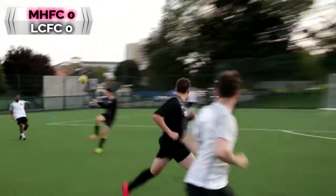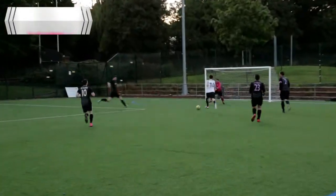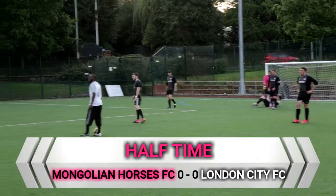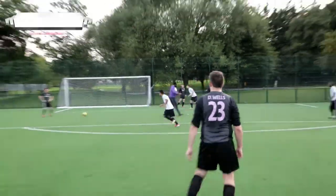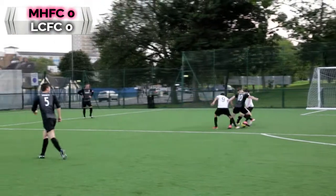As you see London City playing with the ball at the back again. They're so quick to come from the back to the front. As you see a lovely little flick there inside, and Grez again is on his feet, comes out, manages to make the save, and the ref decides to call it there for half time. 0-0, and a very, very end-to-end game at the minute. Both teams have had chances, and if it weren't for both the keepers, it definitely would be 2 or 3